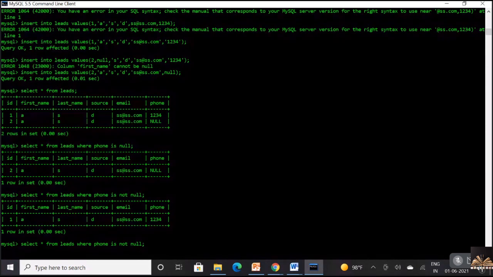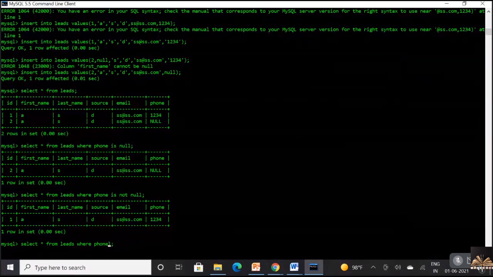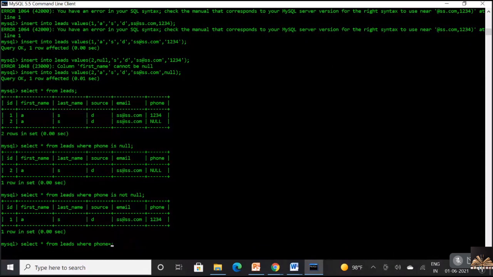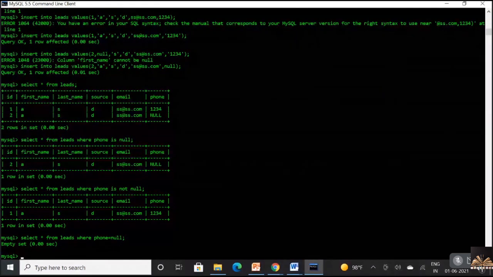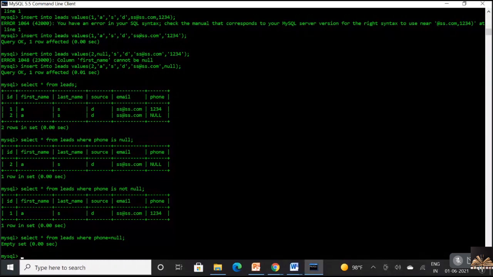So if you write like this, phone is equal to null, you're getting an empty set. So try to understand. Even though I have a particular row where the phone number is null, I'm not getting it if I put equal to.